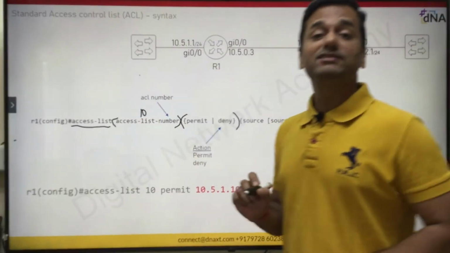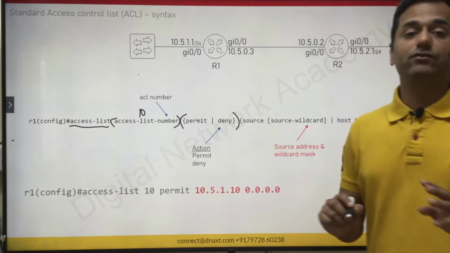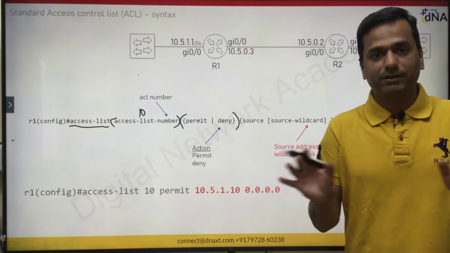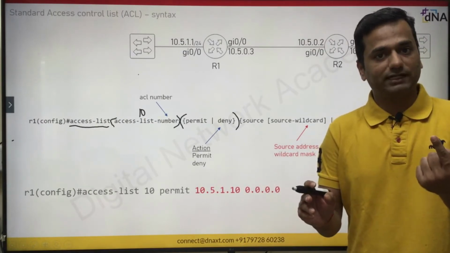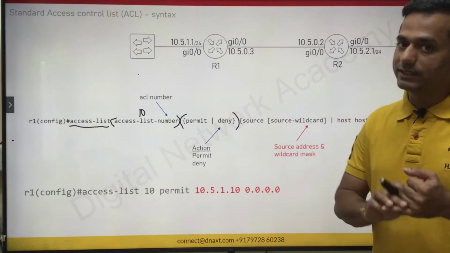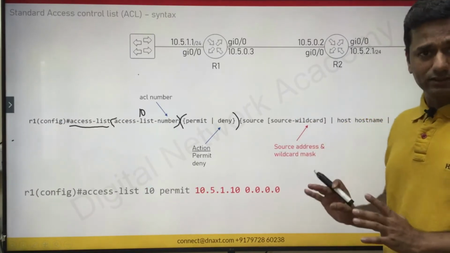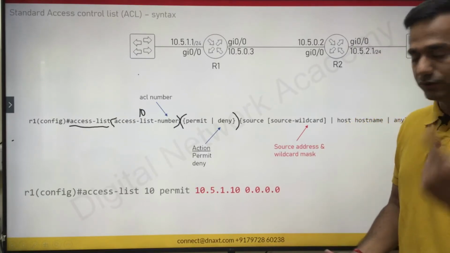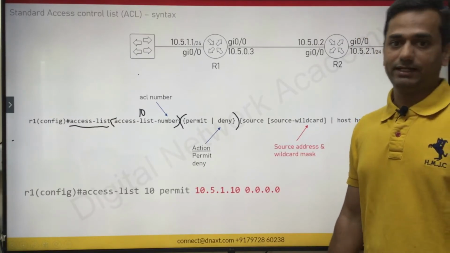Now consider here we have mentioned access list number 10. It's 10, which means it's the standard access control list, right? Now after permit, you only have the liberty to configure the source IP address. You cannot configure the destination IP address, the destination port or the protocol field. There is only one option for the standard access control list, which is the source IP address. You cannot define the TCP protocol or the UDP protocol. Only one option, that is the source IP address or source subnet. Either allow a source address or allow the entire source subnet.